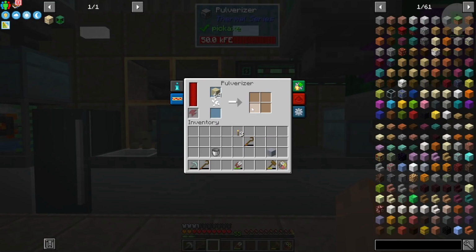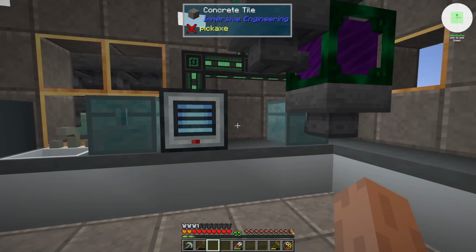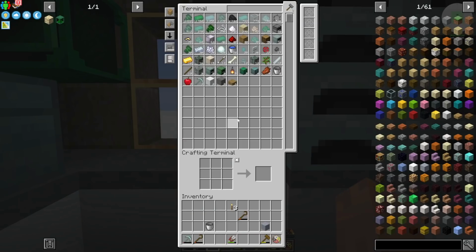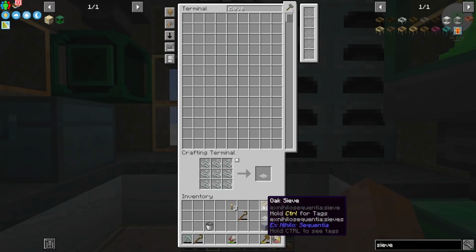So pulverizer turns sand into dust. Auto sieve. Okay. Wait, never mind. The auto sieve also uses a pulverizer. So we can have one or the other, but not both. And if that's the case, I think I would rather have the